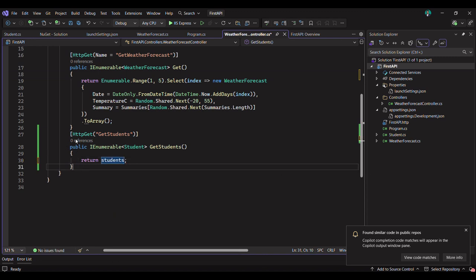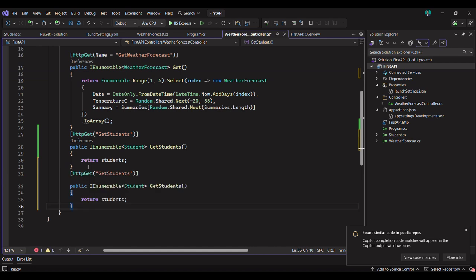I am creating another method, post, to save a student. What I am doing here, I am passing the student object and